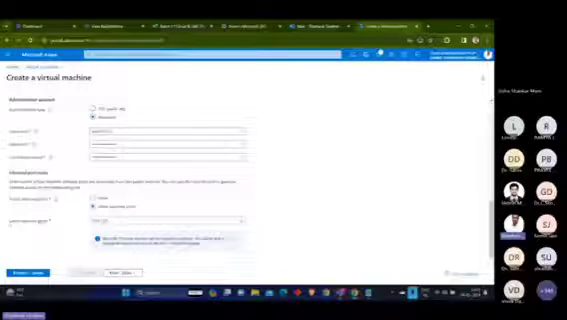then it will ask you to select inbound ports. So you remember there is a difference between accessing the virtual machine for Windows and Linux. You remember we accessed the virtual machine yesterday for Windows with the help of